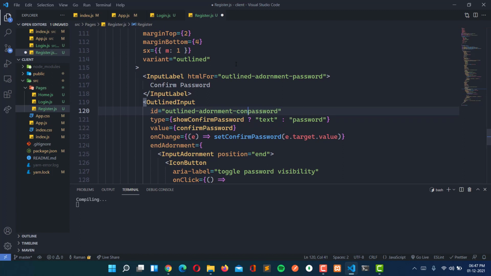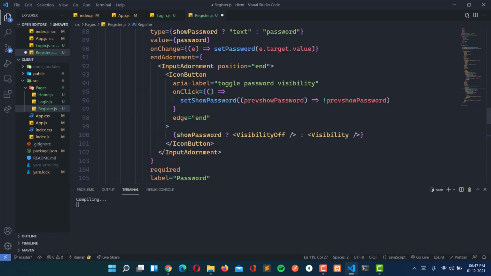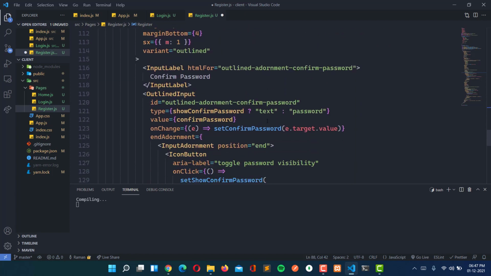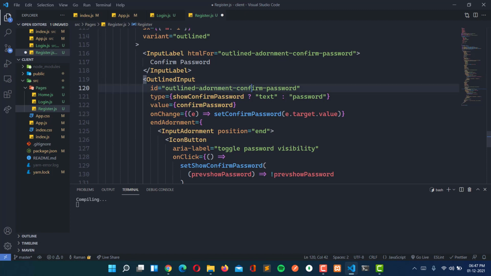So here will be confirm password, and here will also be confirm password, because we were having the same ID here. See, here was the outlined adornment password, and here was also the same, but the ID can't be the same, so that's why we have to change this ID also.